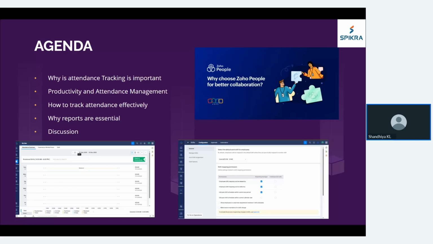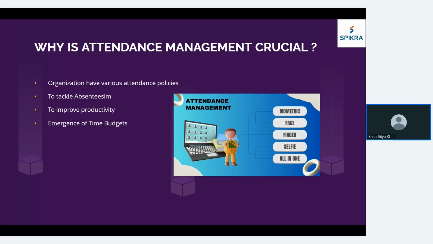So the attendance engine gets data from multiple sources like web check-in and check-out, and mobile check-in and check-out, which is also available in Zoho People for both Android and iOS. Geo-fenced attendance, IP-restricted punches, biometric devices, facial recognition, and attendance APIs and integrations are all available in